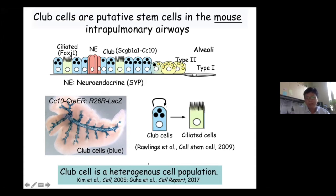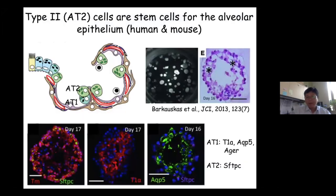And my colleague Wellington Cardoso has shown that there's a subpopulation of club cells that has more potential to become stem cells. Go down a little bit further into the alveoli. Now you have these type 1 and type 2 cells, and studies in mouse and also human in vitro culture have shown that these type 2 cells can serve as a stem or progenitor cell to make type 1 and type 2 cells. In this case, for example,